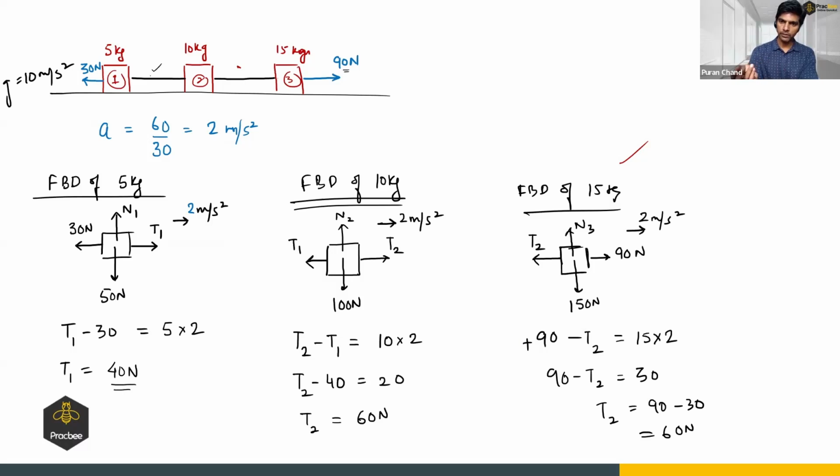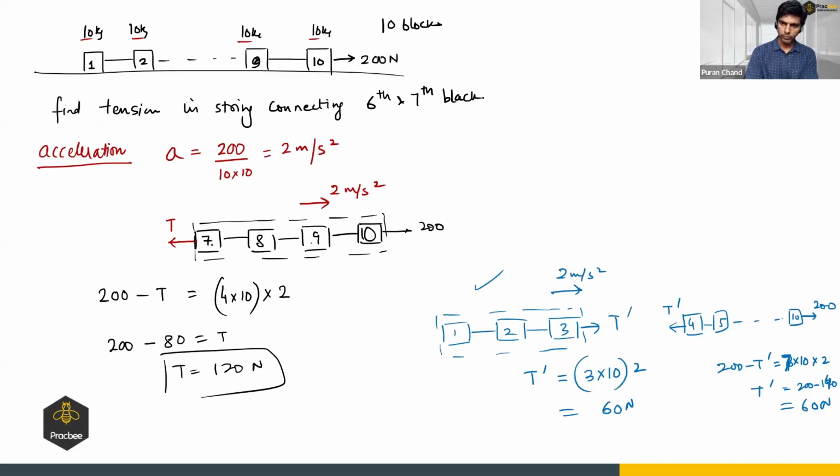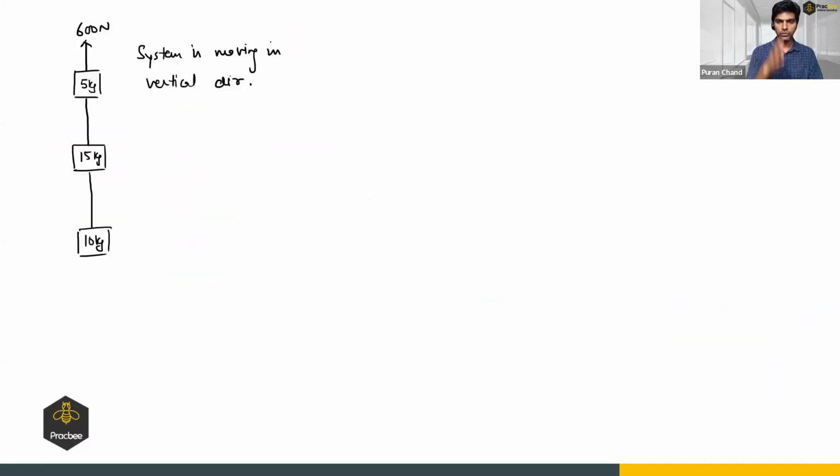So we are not taking into consideration the gravitational force, which was perpendicular. But in this case, the gravitational force is also vertical. Is it clear? So we have to consider gravitational force also. So first step would be, suppose we want to find the tension in both the strings. First step would be, what is the acceleration? So we have to find the acceleration of the system. So this is our system.